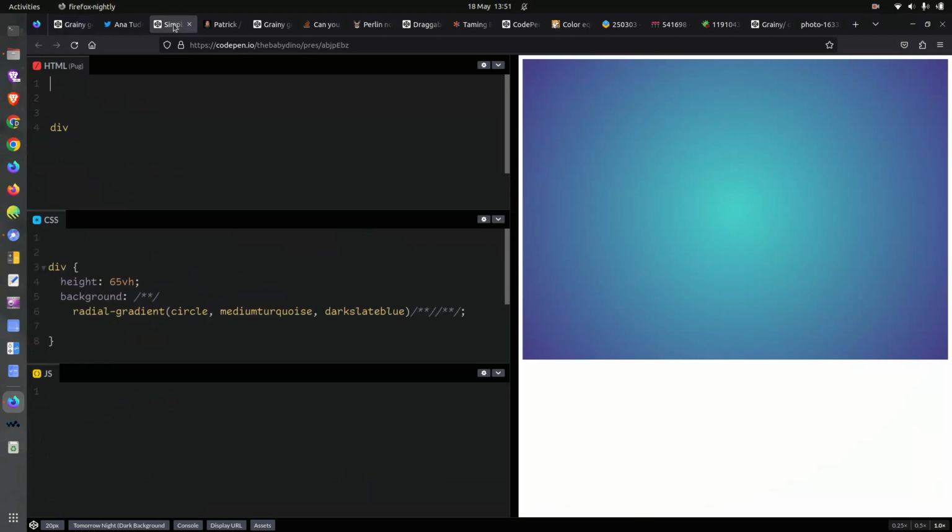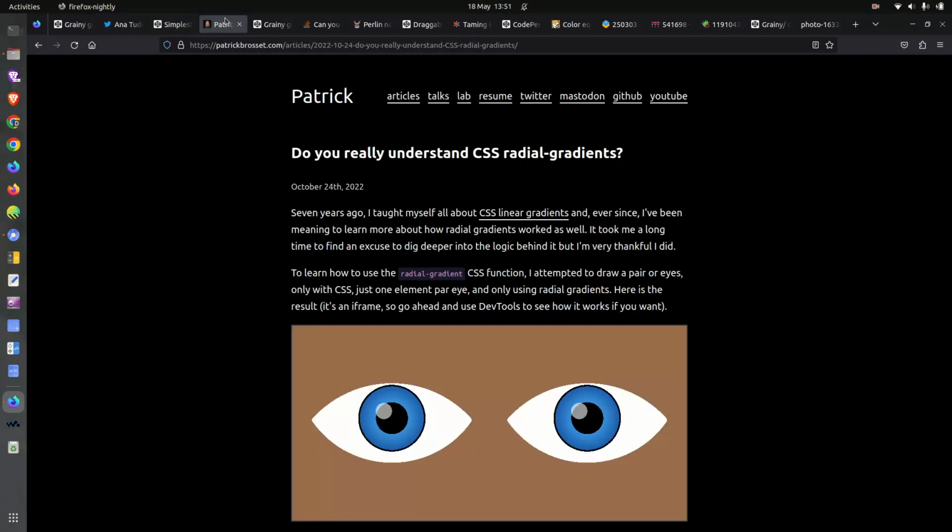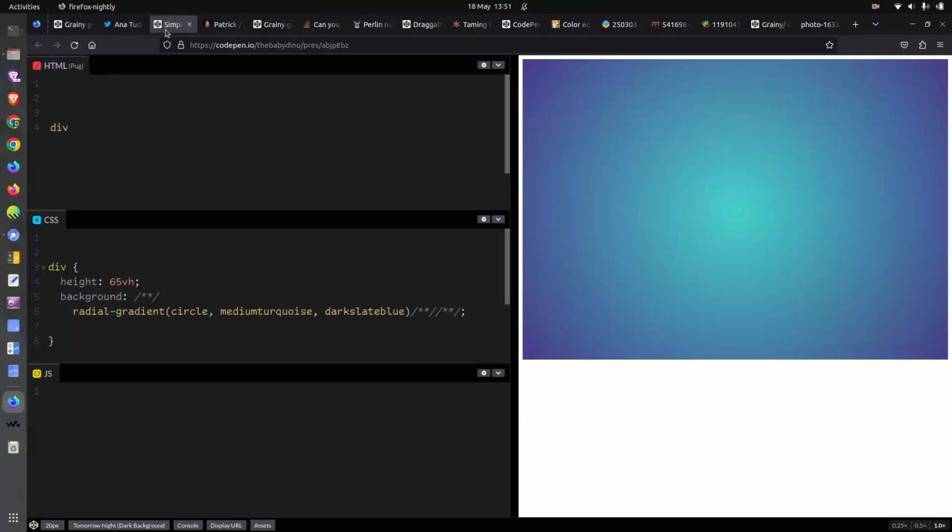Okay, we'll be using a div with a fixed height and a radial gradient background. You're probably familiar with the syntax, but if not, don't worry. I'll be linking to a good article on the topic down below, meaning in the description box, not in the basement or in hell. Okay, so for now, we are going to produce the graininess, and we do that with